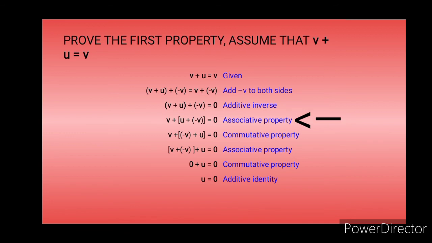So v plus u plus negative v is equal to 0 under associative property. V plus negative v plus u is equal to 0 under commutative property. Then v plus negative v plus u is equal to 0 under associative property. Then 0 plus u is equal to 0, commutative property. U is equal to 0,